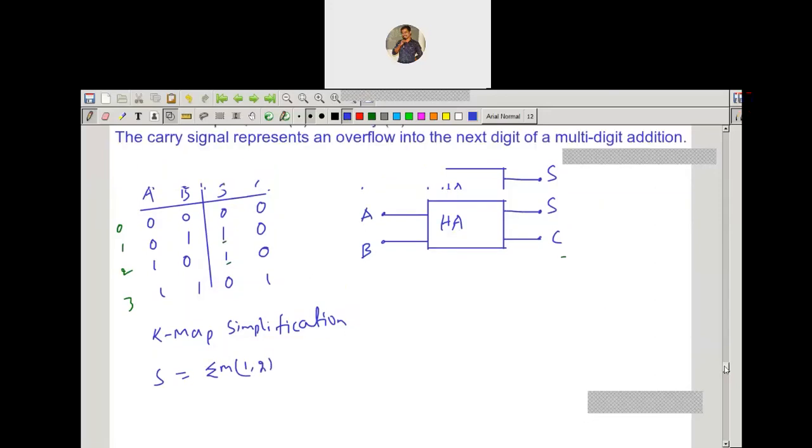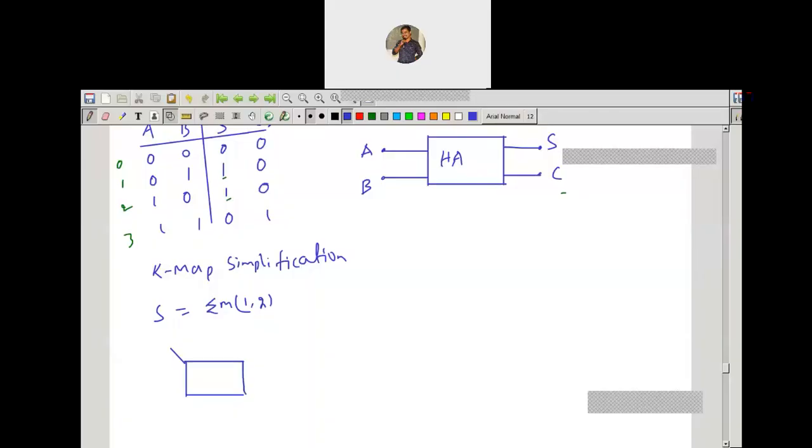Now by taking the two variable K-map, which K-map do we require here? As we have two inputs, we need the two variable K-map, which has four cells. So I am taking the two variable K-map, with inputs A, B, 0 and 1, 0, 1. The minterms 1 and 2 are filled in these cells.